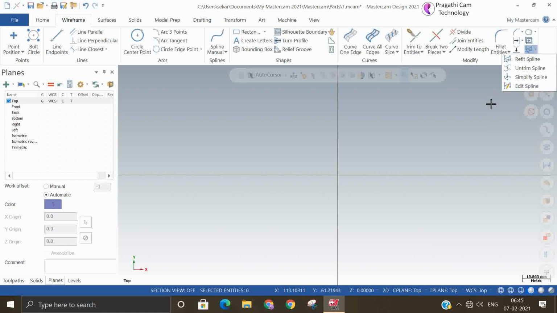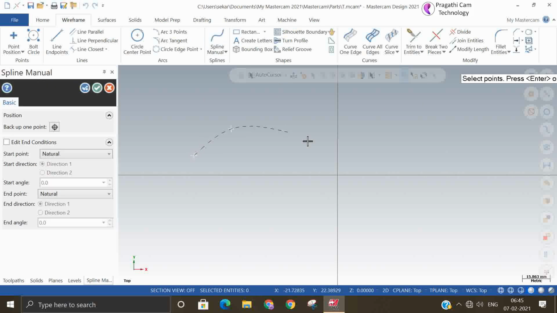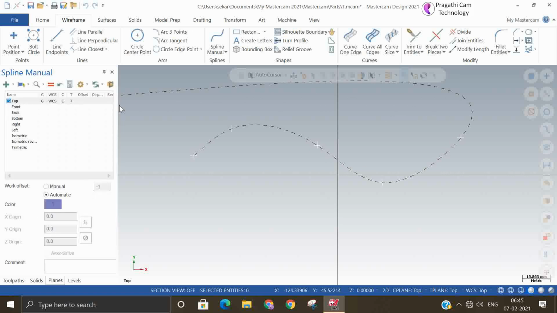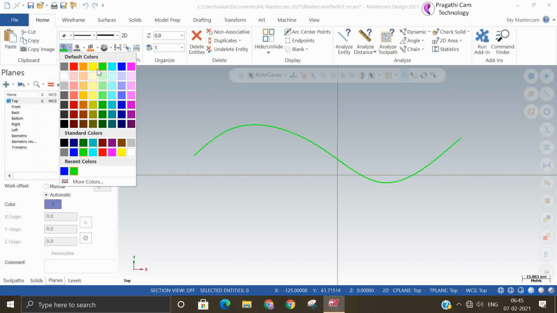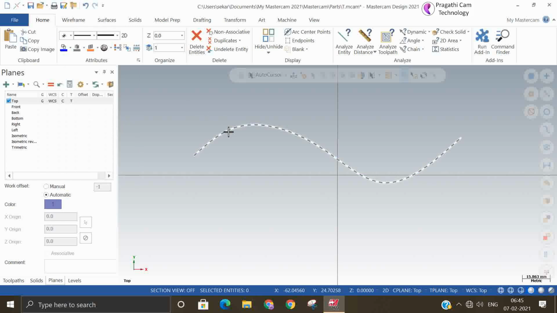So next is a spline modification method. Generally, we use less spline options. So for example, we will make one spline. So we can redefine the spline. We have changed the color of the wireframe, but still it is not changing. Okay, we can change this color now.